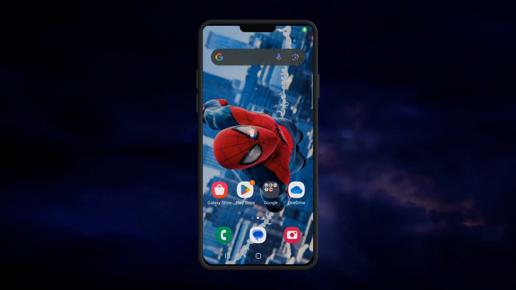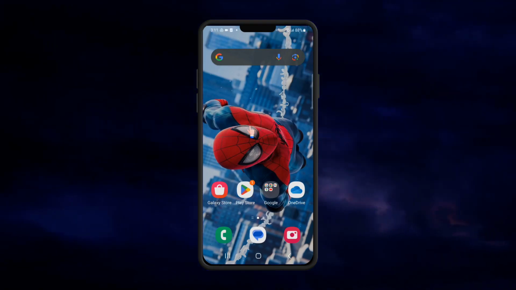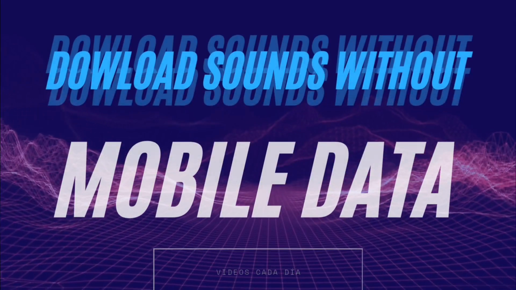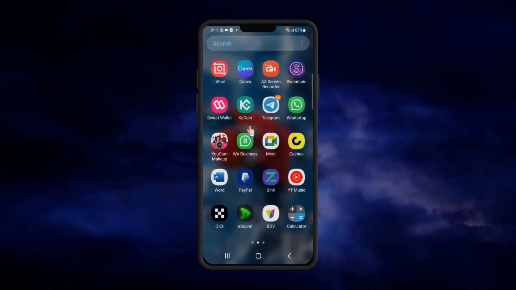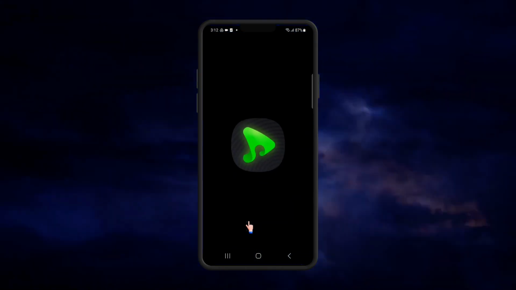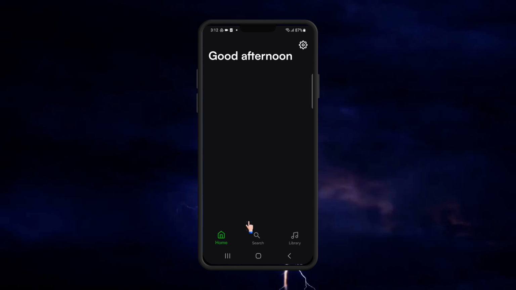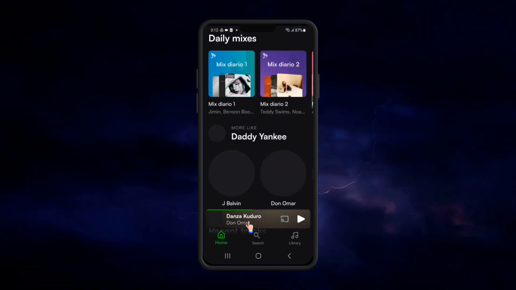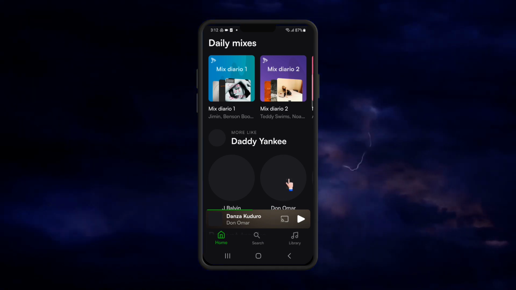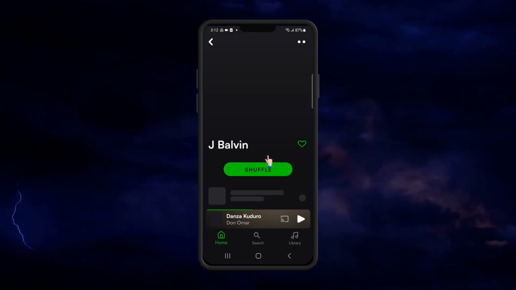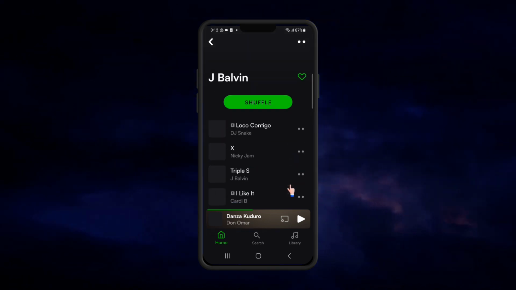Hey, in this video I teach you how to download sounds with your mobile data. We are going to go to the sound application eSound, touch here, and from there what we are going to do is select an artist. In my case, I select Don Omar or J Balvin